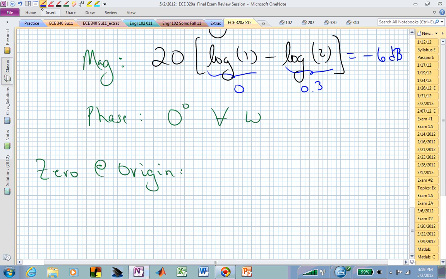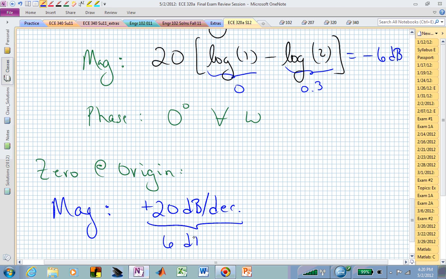And now I'm treating all of these individually, and because we're doing the dB, we can just add all the pieces from left to right as we move across. But the 0 at the origin, if we look at its magnitude, it's going to be going plus 20 dB per decade, or equivalently, 6 dB per octave, and an octave is a factor of 2. If you wanted to resolve this at a finer separation, you could say I would be changing 6 dB in an octave. And this is the slope,